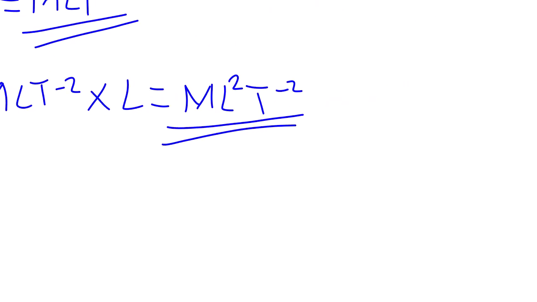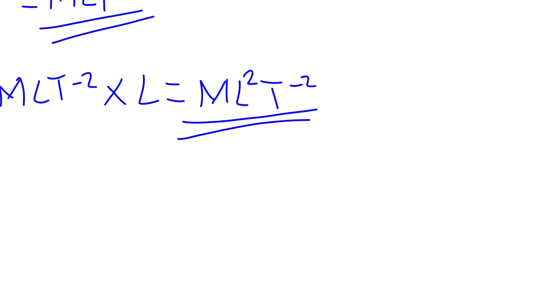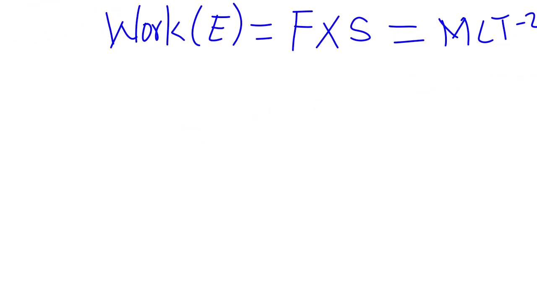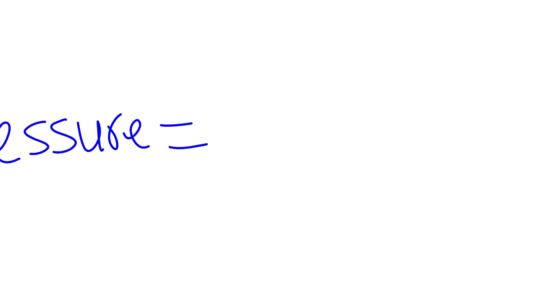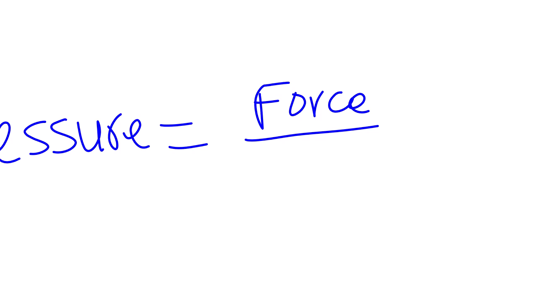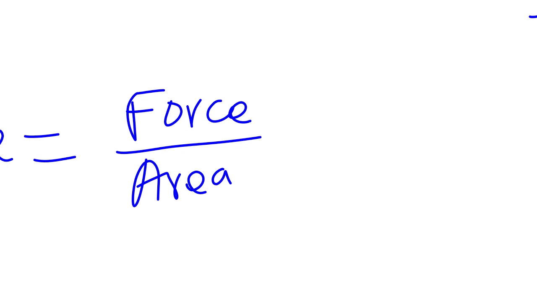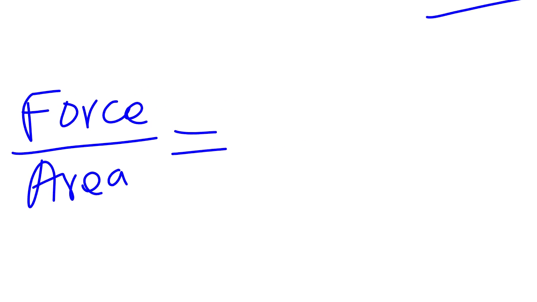Then the next item is the dimension of pressure, which is the last. The formula of pressure is force all over area. Then for you to have the dimension of pressure, you just say the dimension of force, which we said is m L t raised to the power of minus 2,